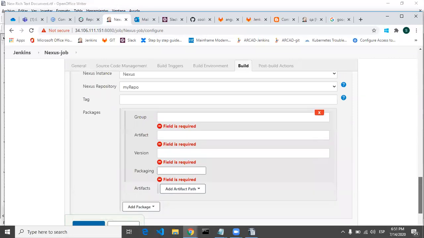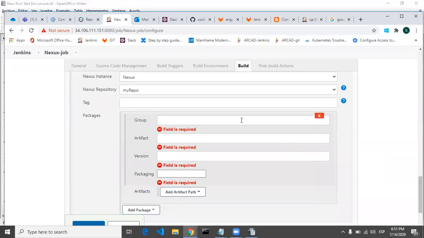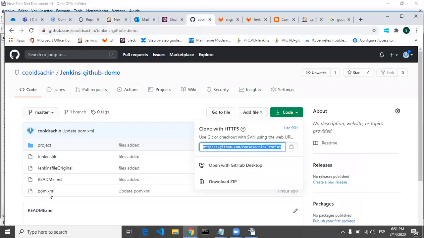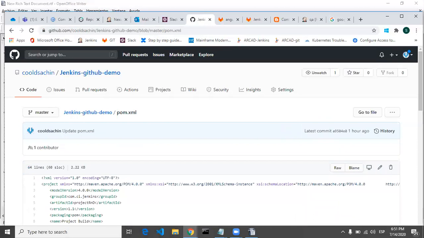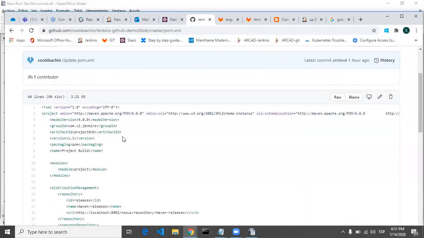So how to check this? For that, just go to the pom.xml. This is your pom.xml. It is asking for group, so you have to give this group ID of your project.